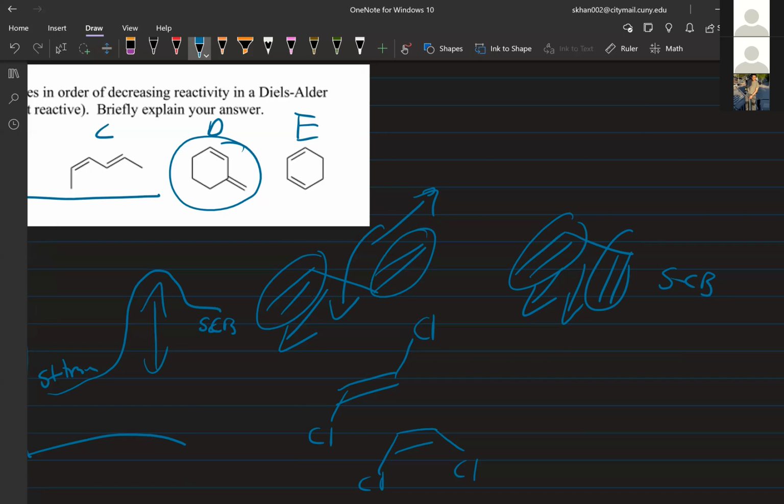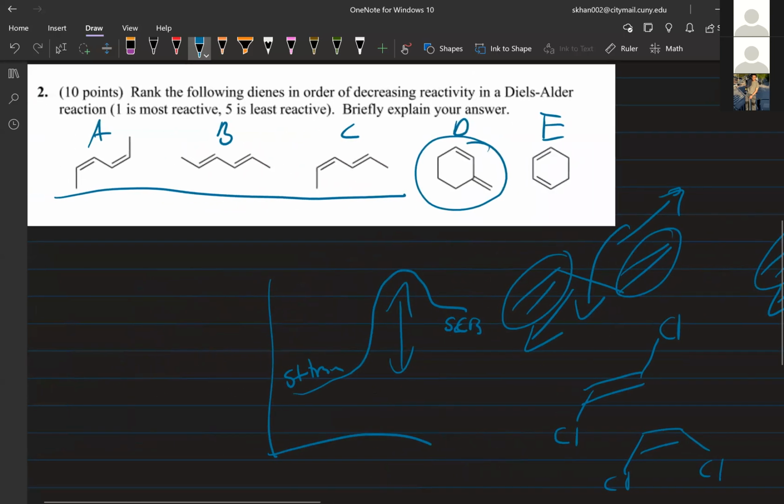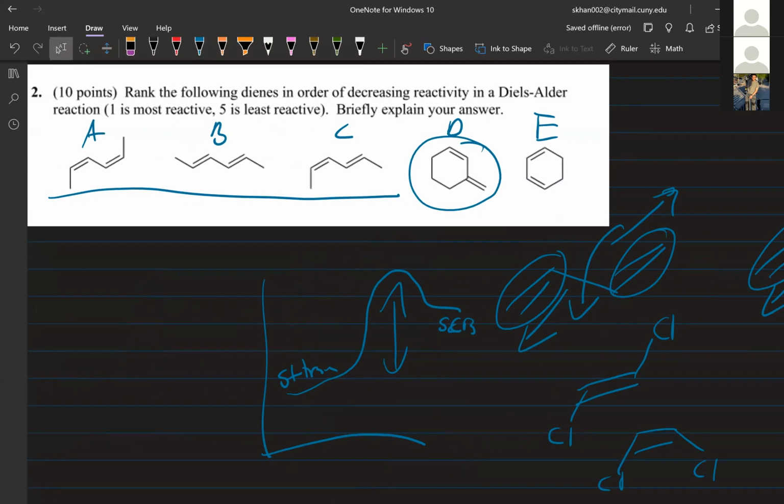Whether things are on opposite sides, which is trans, or on the same side, which is cis, right? So for Diels-Alder, you need S-cis. That's the whole way that cycloaddition works. And to reach the S-cis from S-trans requires a certain amount of energy,